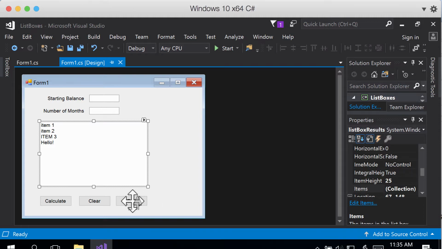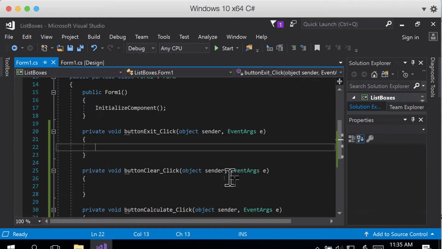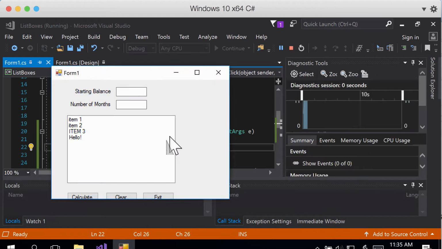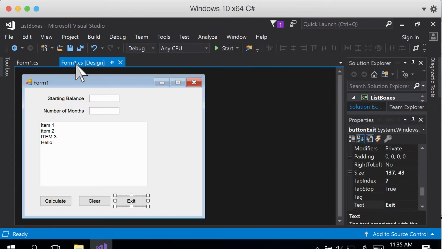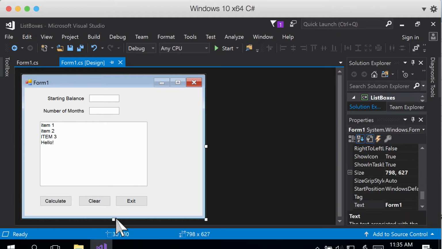First, when my exit button is clicked, what I want to do is close the form. So I'm just going to say this.Close. Now when I run the program and hit the exit button, it closes. Now the next thing that I'm going to do is